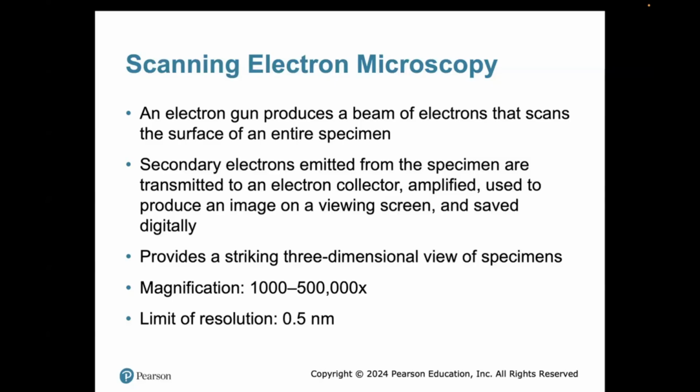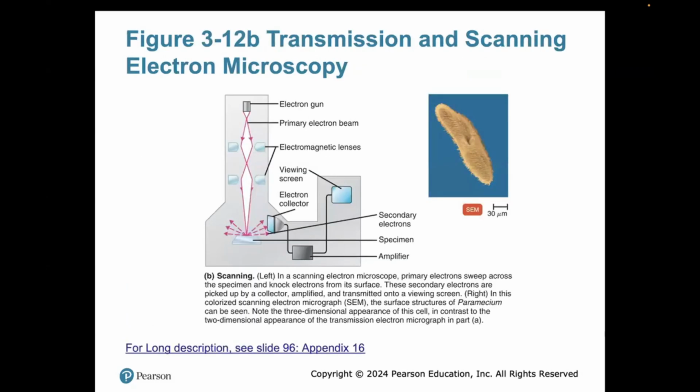So with the scanning electron microscope, these aren't as expensive, but still expensive, right? These can be about $50,000, and some can go up to $1 million. Those are less expensive than the transmission, but still very costly. All right, so looking at our scanning electron microscope, figure 3-12B as in boy, we see our paramecium on